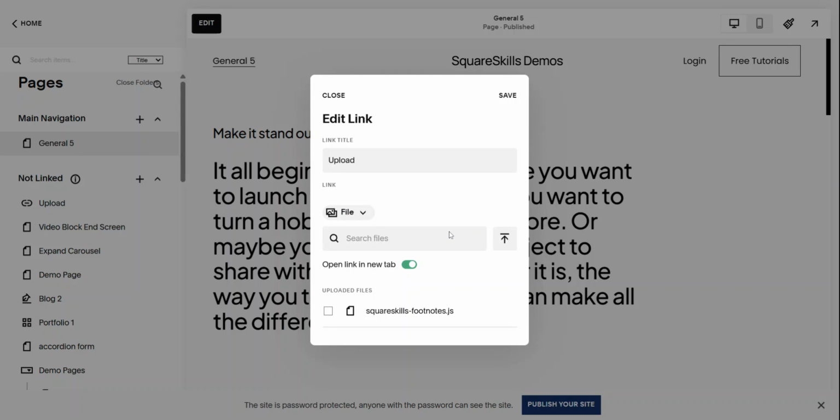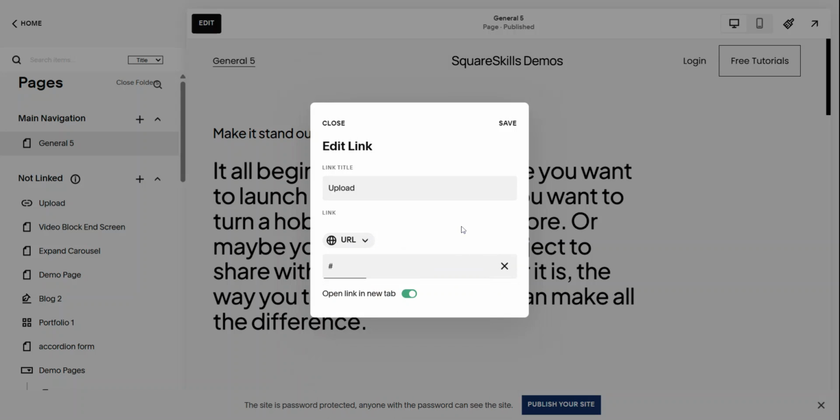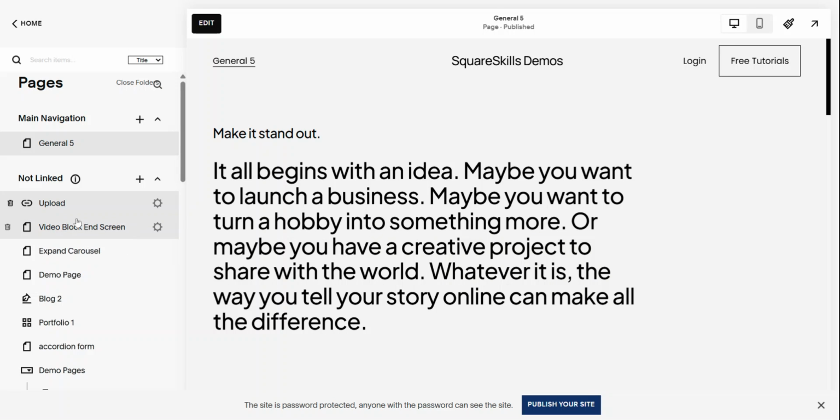What I tend to say is, once you've done a file upload, go back to URL and just change this to a hash and save. And keep this in your not linked so that no one accidentally gets access to it and is clicking random things. And you can just leave that probably somewhere at the top